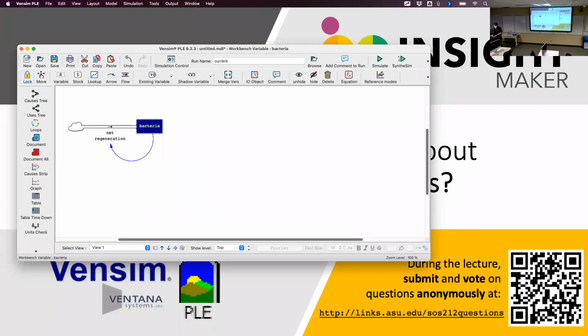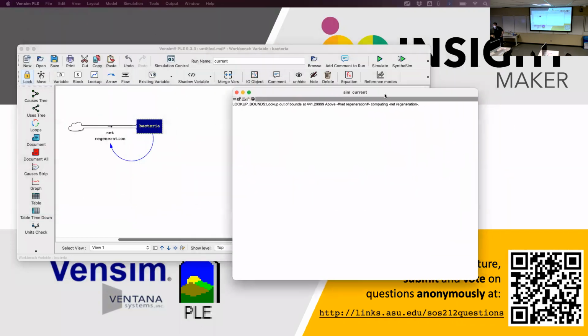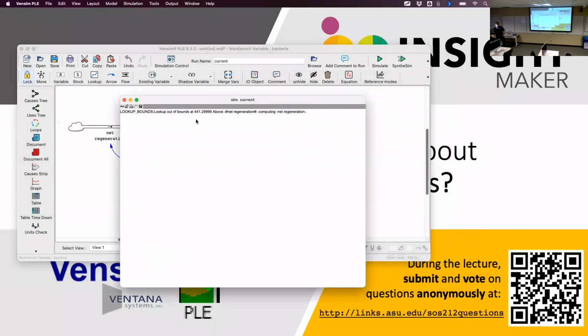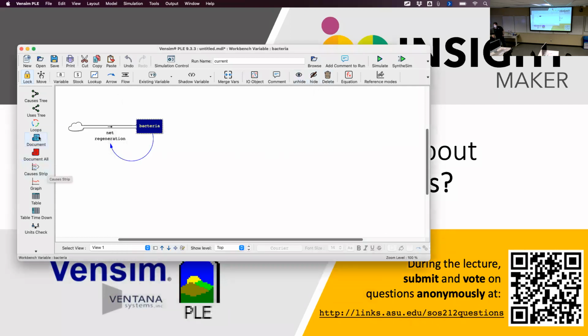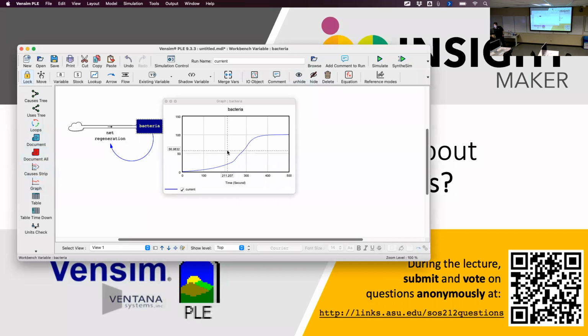And then it actually, on my other screen, gave me an error, which you might see if you play around with lookup tables. And let me bring that error over. Because I just crafted this lookup table, it's not surprising I might get some errors. And this says lookup out of bounds at 441.29 above net regeneration, computing net regeneration. What that means is that when I plot this bacteria here, if I go to graph, then it's saying that somewhere around 441, which is over here,